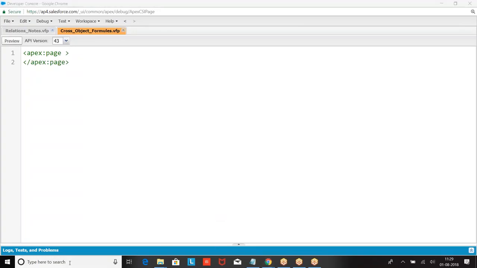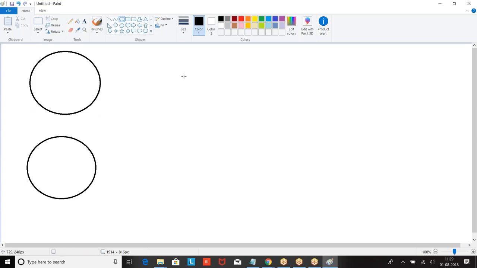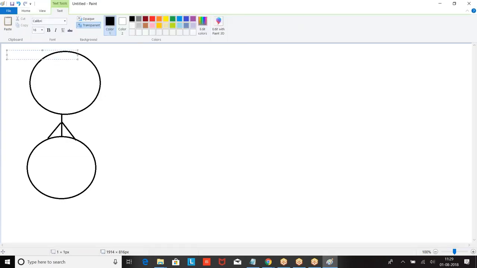Look at the point. Everyone understand it carefully. We have two objects. Both of them are connected by a relationship. We had a parent.